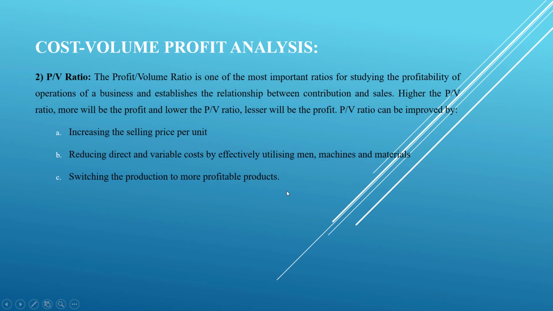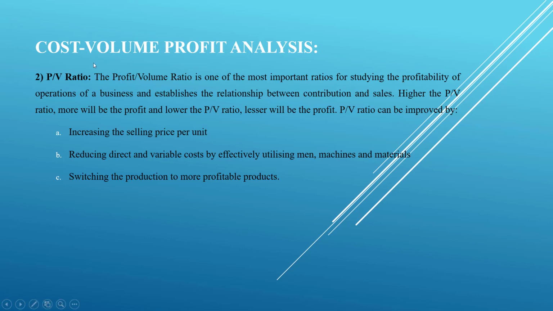Next is the PV ratio. The most important part of this analysis is the PV ratio. All the calculation is mainly based on the PV ratio. Now PV ratio stands for what? Profit volume ratio. Profit volume ratio shows the profitability of the business. We talk about how much profit you are going to earn if you change the price, or if you change the volume or output of certain products. And it shows the relationship between contribution and sales. So what is contribution? Contribution is sales minus variable cost,